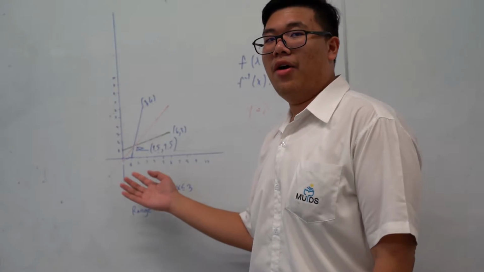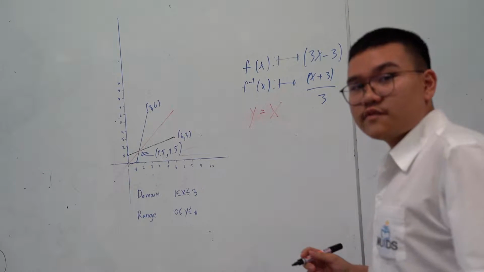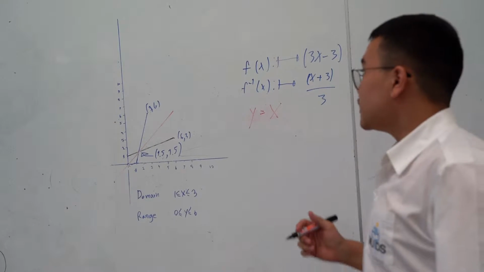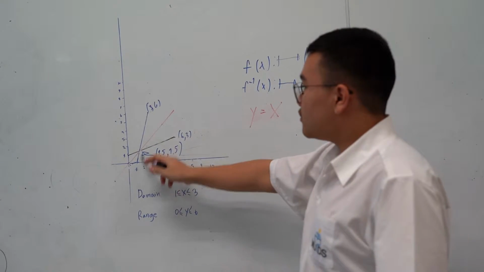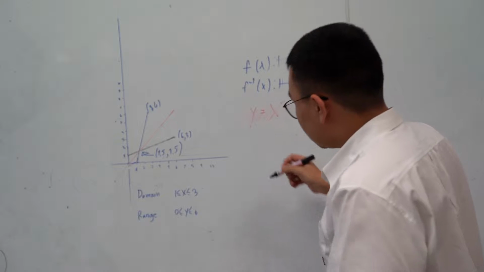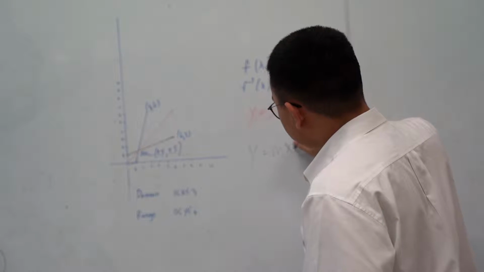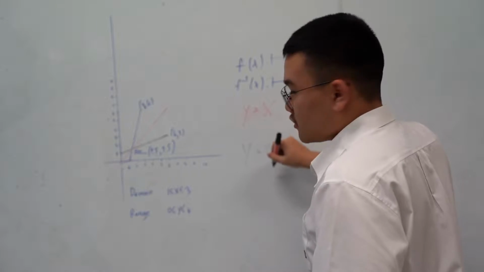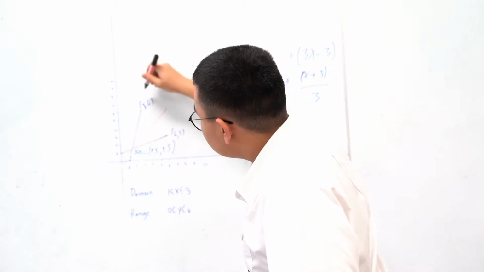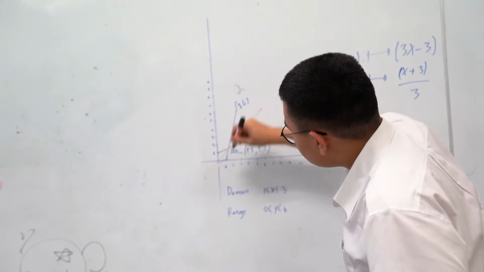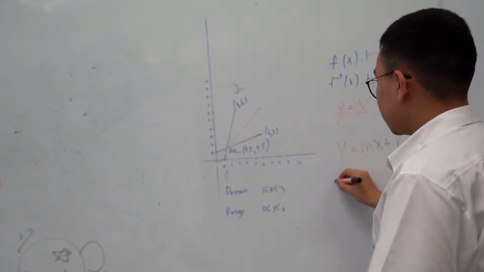Now I will explain how you find that equation-wise. First we are going to start off by finding the equation for f(x). To find f(x), first we need to find the slope. It's just a linear equation, so it's basically y equals mx plus b, where m is the slope. To find the slope of PQ,